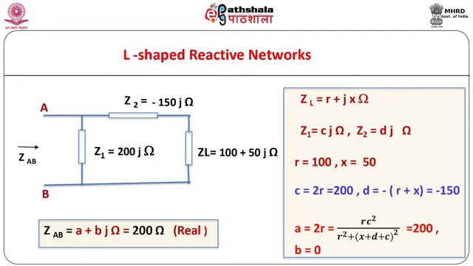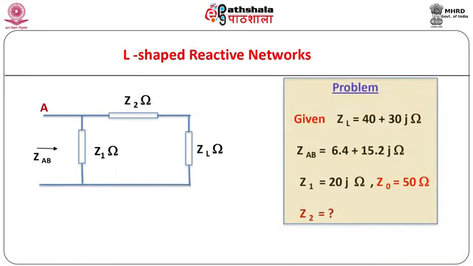For example, consider the following network. Here we get A equal to 200 ohm as ZAB. Let us discuss one more problem in connection with an L-type network consisting of an inductor and a capacitor, which will give the impedance ZAB between the terminals A and B for the given value of load impedance ZL at a given frequency f, as shown in the network.